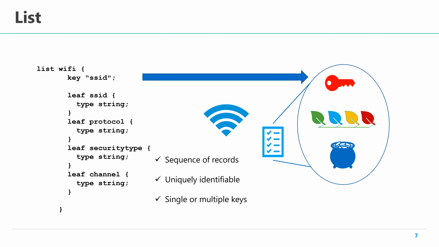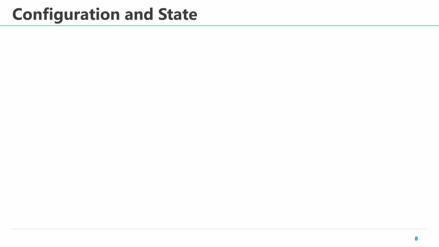So whenever an entry in this list is created, it is mandatory to know the SSID. With this, we identify each instance of Wi-Fi hotspot or the Wi-Fi point to which a particular device may be connecting. And a device supporting this list in its data model can store this as a database and return it on request.